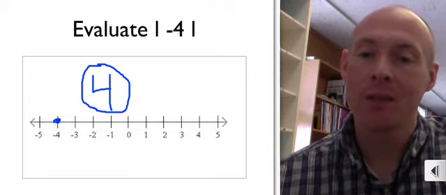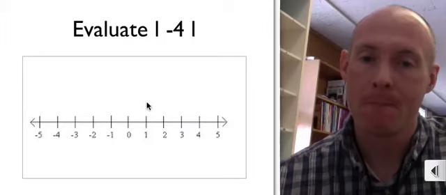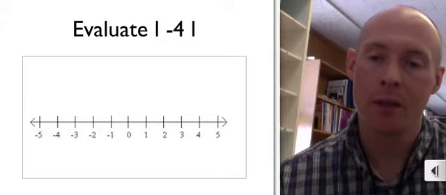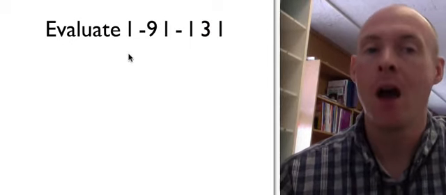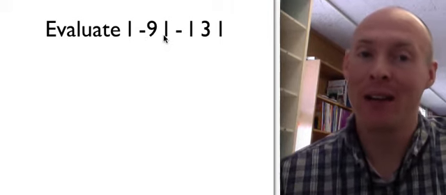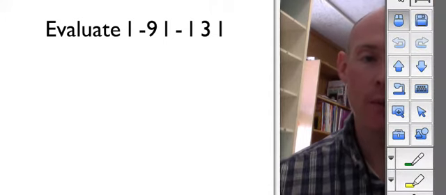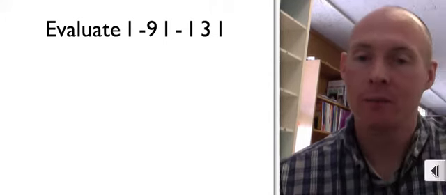Now, this next one's a little bit tricky. Give me 1 second here. Okay. Evaluate the absolute value of negative 9 minus the absolute value of 3. Now remember, going back to our definition of absolute value, it's just how far away from 0 is it? So,